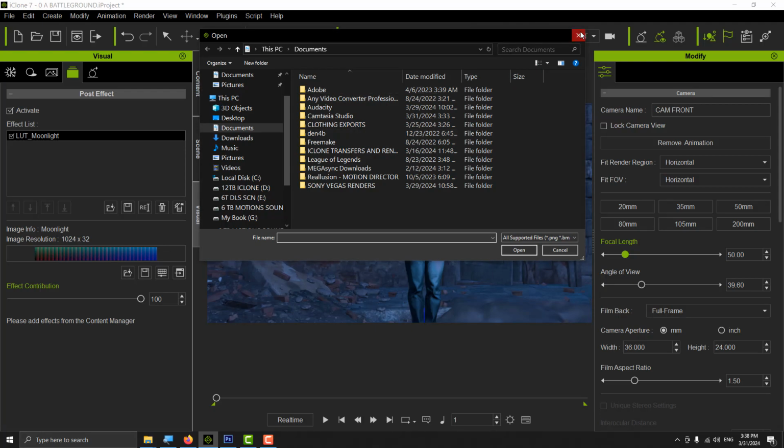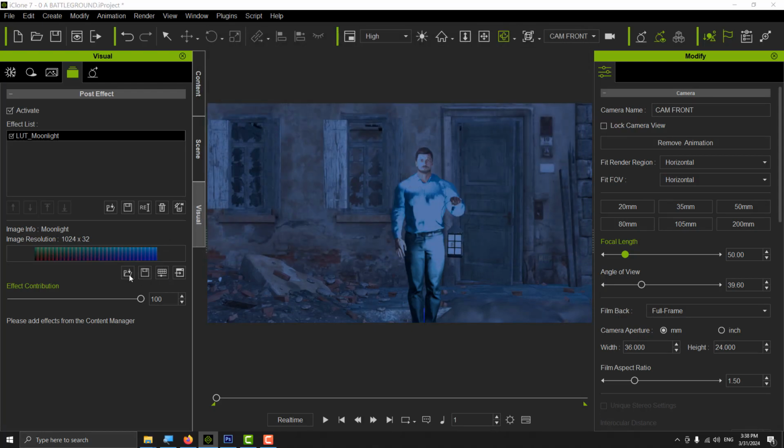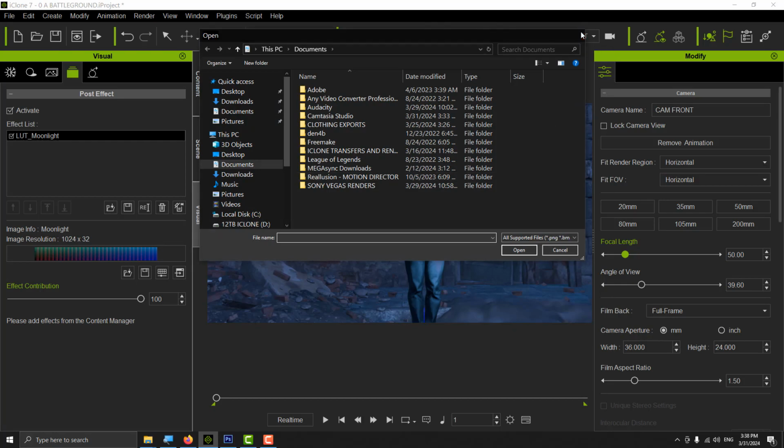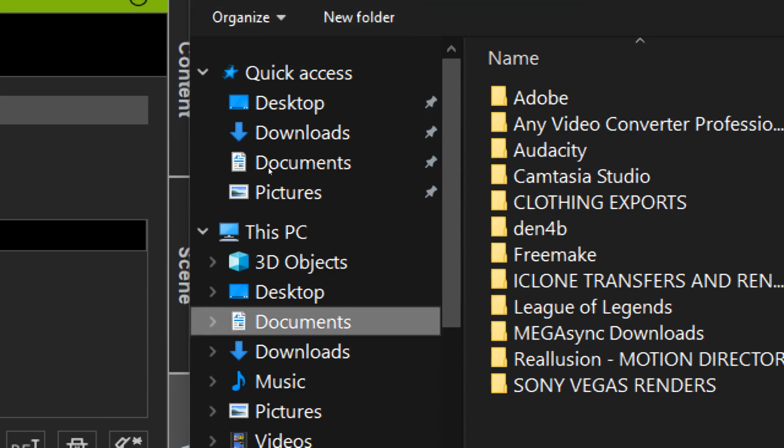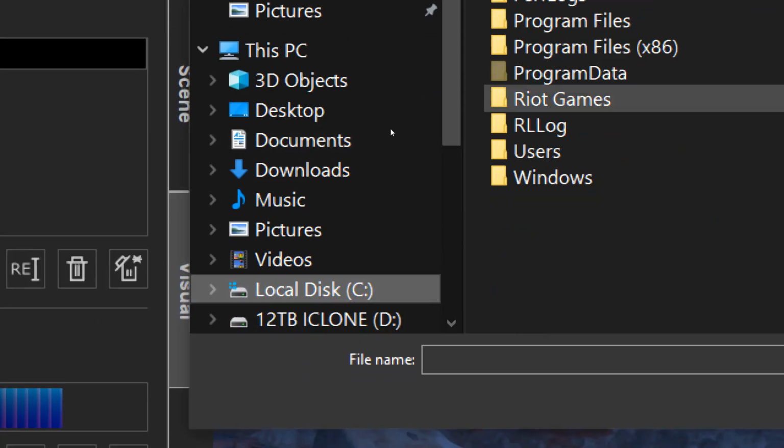It's not showing it right now. Let me try that again. For some reason it's not doing it. I think the reason why it's not doing it is because I'm recording this, so I'm gonna have to find it. If you don't find it, just go to your C drive or wherever you have installed